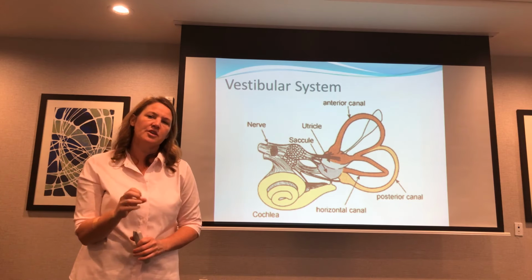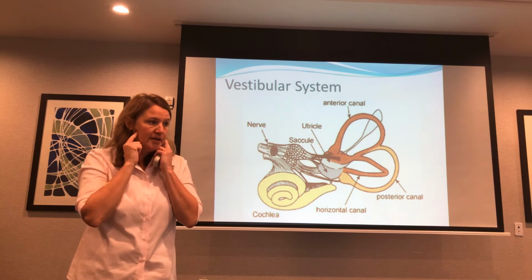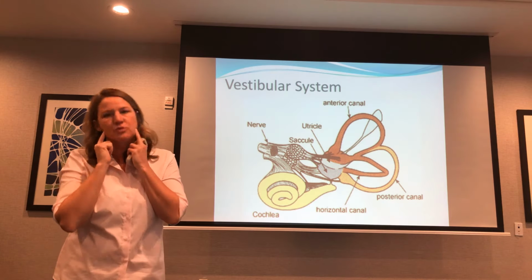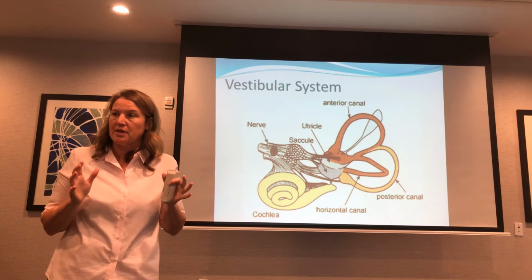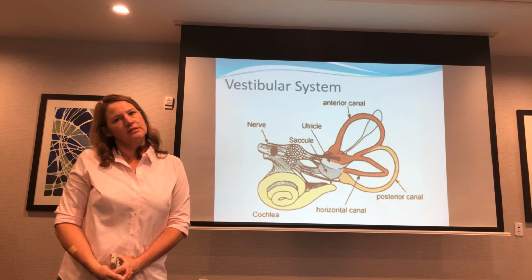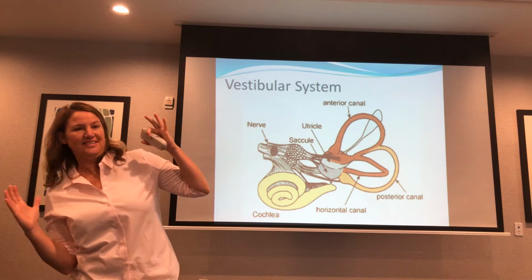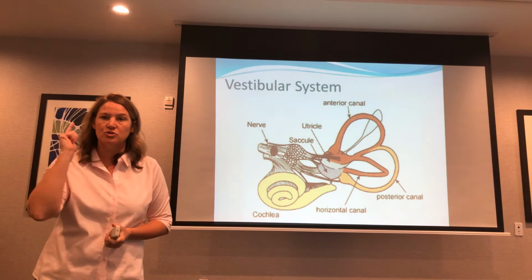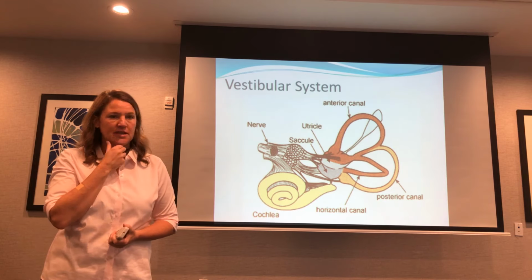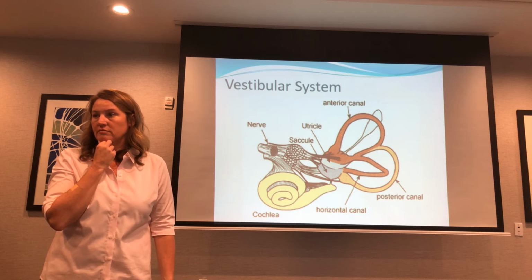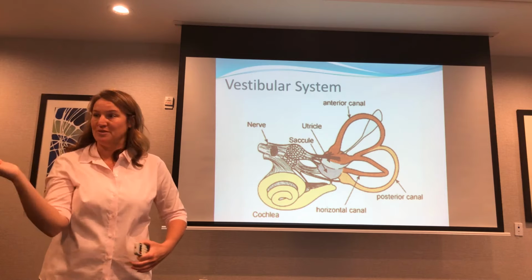The problem is the only thing you're getting from your vestibular system is what's happening with your ear, basically, what's happening in your head. So it's telling you whether your head's moving this way, that way, forward, backwards, and it's very, very precise if it's working properly. But it doesn't tell you, is your head like this? Or did your whole body go like this? Or did the whole room go like this? You know what I'm saying? So it basically only tells you what happened with your head. It's up to your vision and your somatosensory system to tell you that your neck's side bent, or it didn't, your whole body side bent, or the whole room side bent, or the whole room shifted.